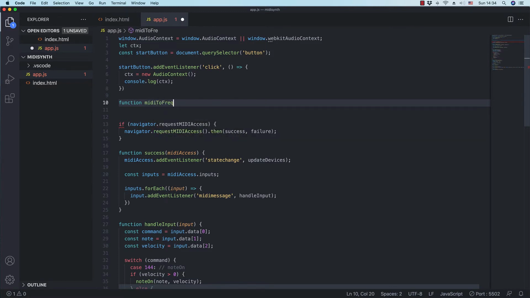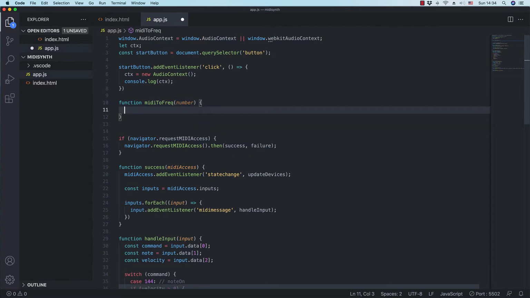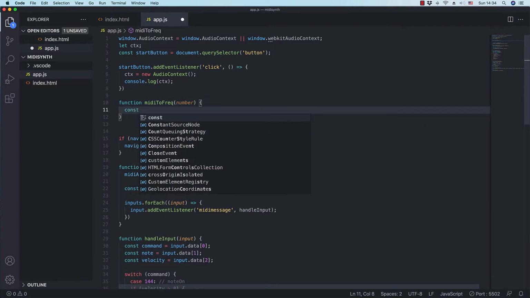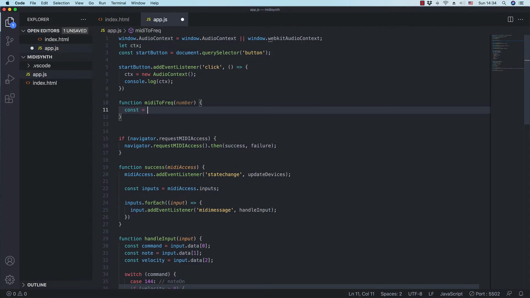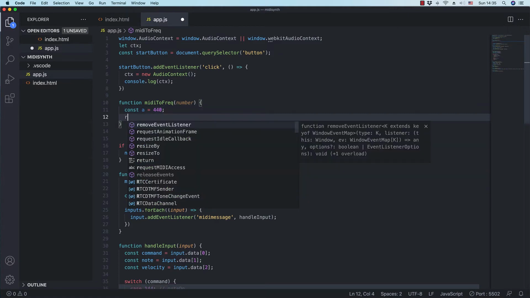MIDI to freq, like this. And we are going to pass in a MIDI number here. Inside our function, we will set a constant. We want the A, because the reference note is going to be A. Sorry, this is not correct. Const A is going to be equal to 440, and that is hertz. And then we're just going to return